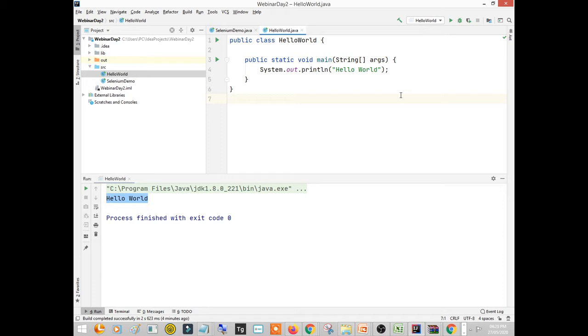Next question: what are the types of testing? This is done. Can we use Selenium testing for Android? This is a good question, Swati Borde. Yes, we can use Selenium testing for Android, and we have the Appium tool for it. The Appium tool uses the same Selenium code or Selenium concepts. So we can of course test Android applications with the help of Selenium. Next: can we use IntelliJ IDEA to run a normal Java program? This is done.